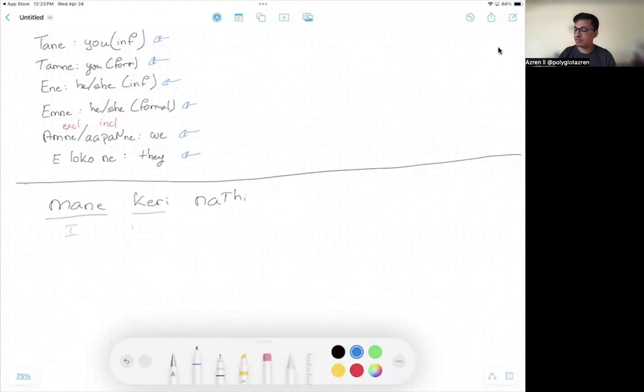I, mango, not. Now I'm going to write it in red. Joiti, or some people might say jyoti. I want to say jyoti is more standard, if there is a standard for Gujarati, but I actually don't know. I'm not 100% sure. And again, this joiti now means want as well. So mane keri nathi joiti. I don't want mango. Mane keri nathi joiti. I mango not want.